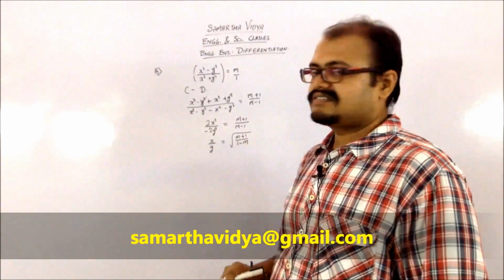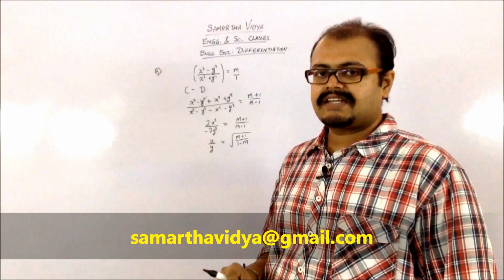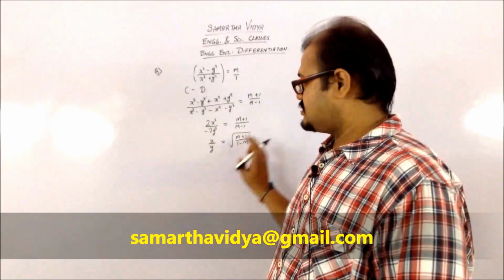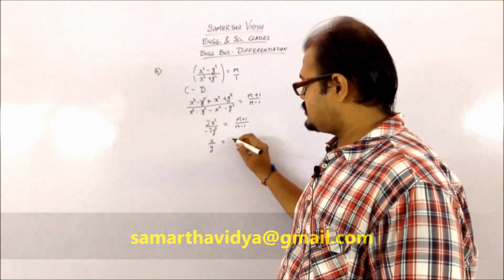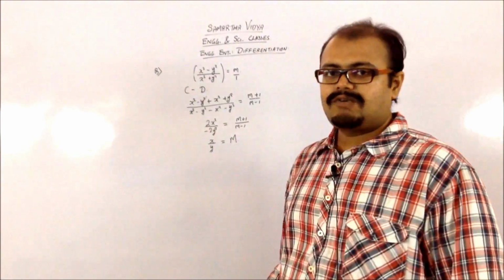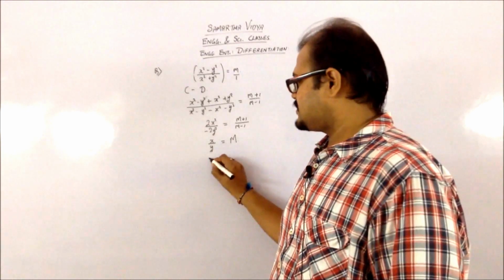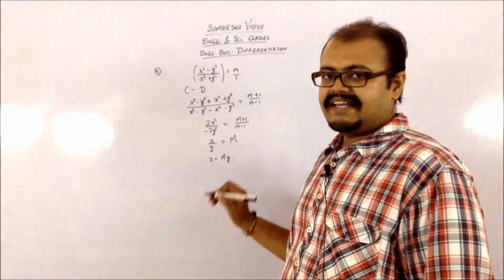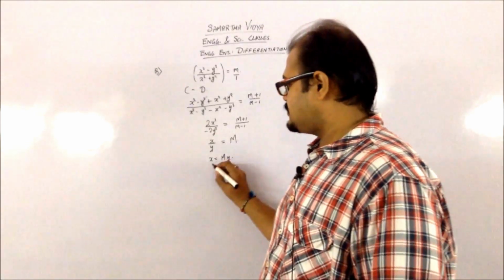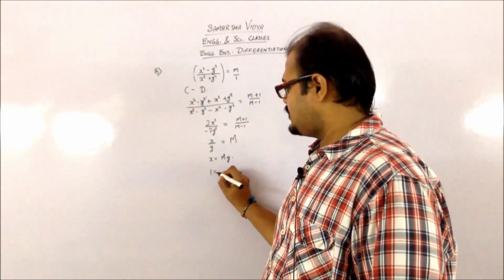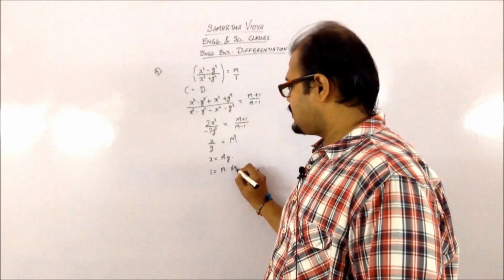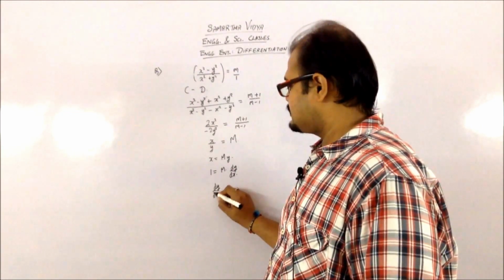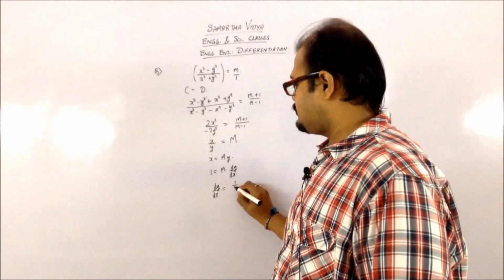So it's going to be the square root of this. Now you can see that m is nothing but a constant term. So the whole term can be represented as, taking the y to that side, x equal to m into y. Now taking the derivative of this, it's going to be 1 equal to m into dy by dx. So your dy by dx is going to be equal to 1 by m.